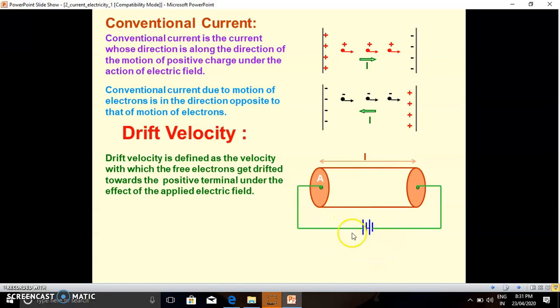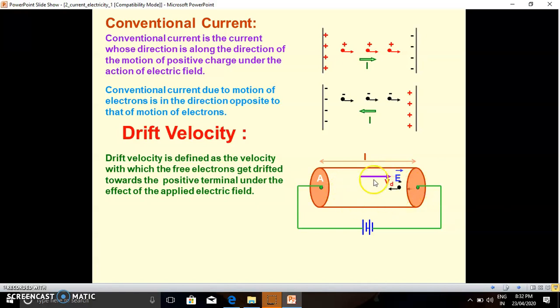Two to three cells we have connected in series. Here you write plus and minus. So this is the external electric field, which we have applied in terms of a battery. The applied electric field will be in the direction of the current only, that is, from the positive to the negative terminal, isn't it? But if you apply the electric field, definitely these electrons drift with force minus eE. That's what we have discussed earlier. And these electrons drift from the negative terminal to the positive terminal of the battery, isn't it?